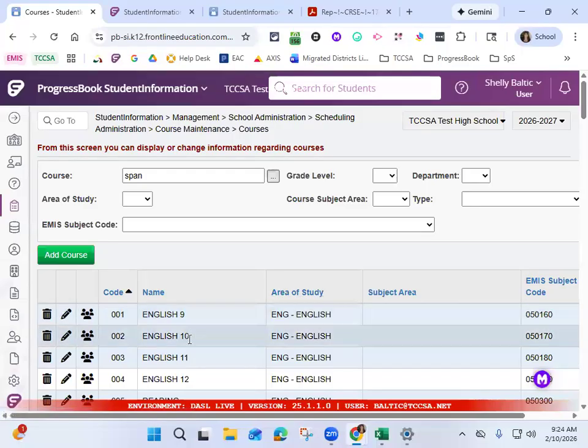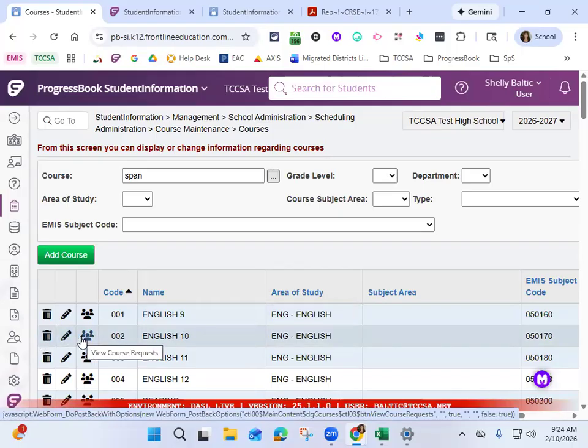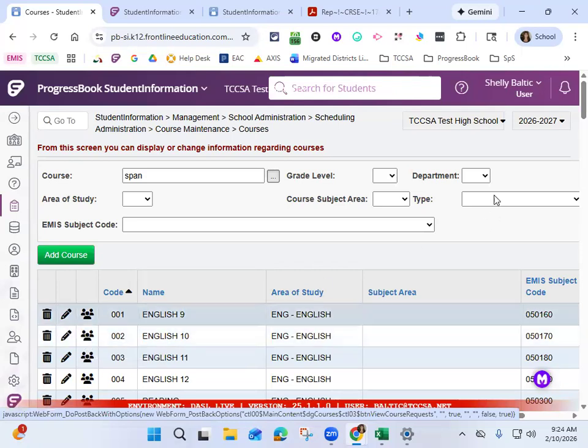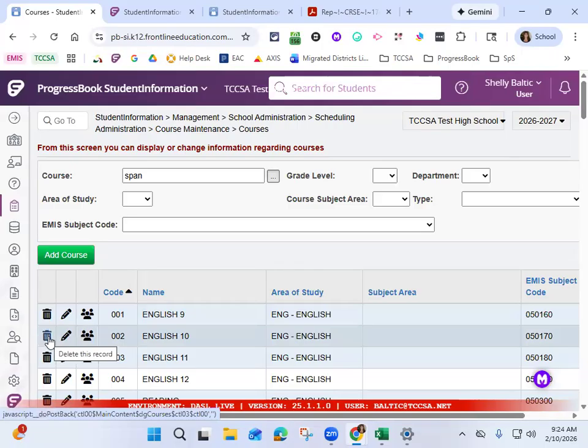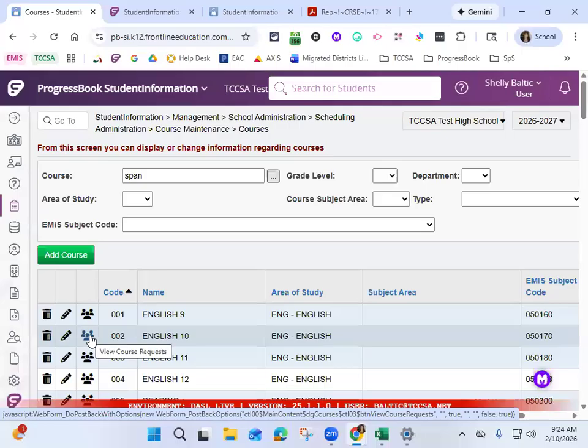I am going to go in and look at my English 10 class by clicking on the pencil. Now, before I go in there, I want to make a note of something. I'm in the 26-27 school year. You will notice that I have my trash can, they say delete, but it doesn't really delete it, it just makes it inactive. I have my edit pencil, and then I have the little group of people that I can see any course